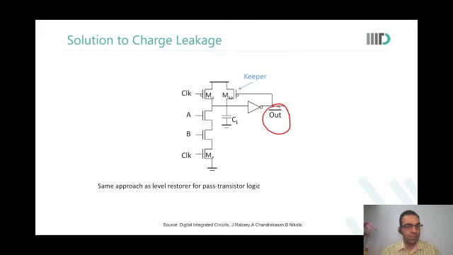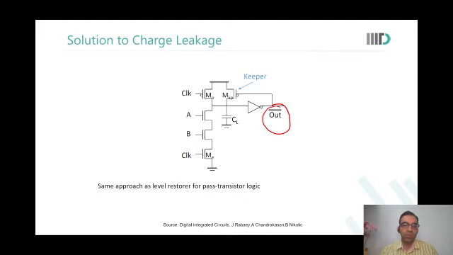Or am I thinking of it something else? Output load. That should be sized according to the load that you want to put on this. Sir, but the output of my inverter is connected to my keeper, and I should make sure that my keeper works fine whenever my main output is going down. So in this sense, I think my inverter should be sized according to the keeper. Yes, it has to be sized according to the keeper and also on the load that you put on out bar. That is what I'm saying.